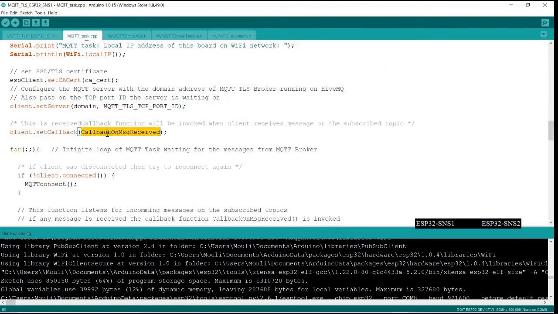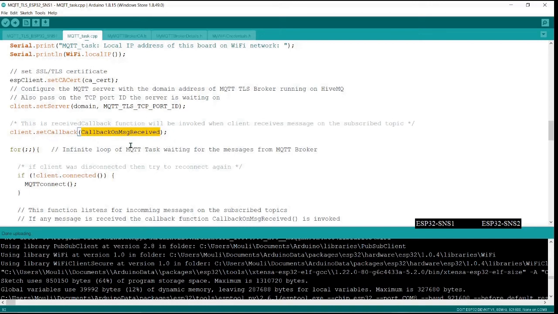Now I'm setting up the call function. Actually, we are not connecting here. We are just setting up the values before we really get connected. And we have to set a callback also, so that when you receive a message, we have something to do with the message that we receive. We need to give a function which will be called by the library.